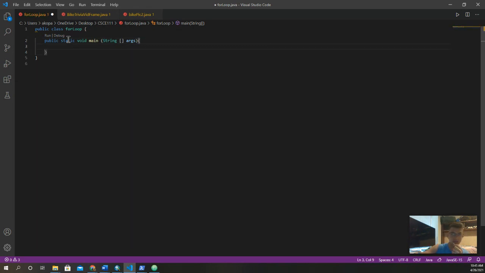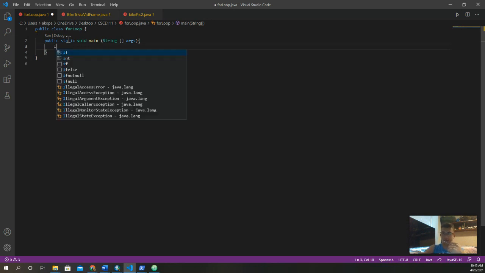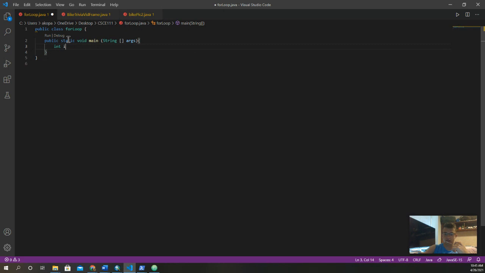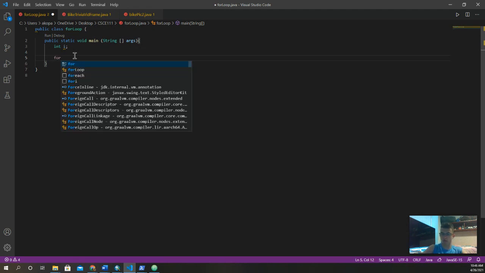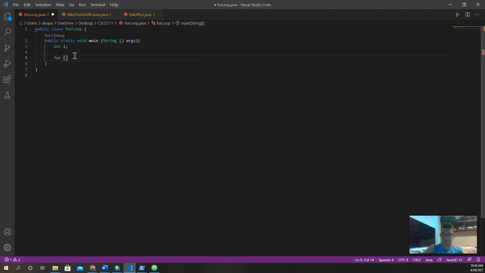All right, so to begin, first we need to initialize i. So we do, because it's an integer, int i semicolon, move down. And what we'll do next is we'll actually create the actual for loop. So let's write this out. Write for, and in parentheses,